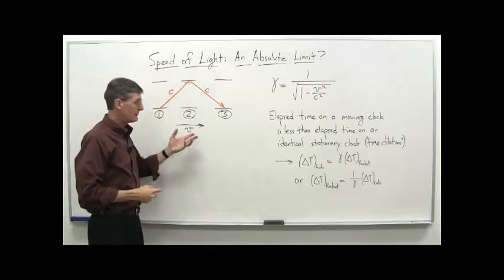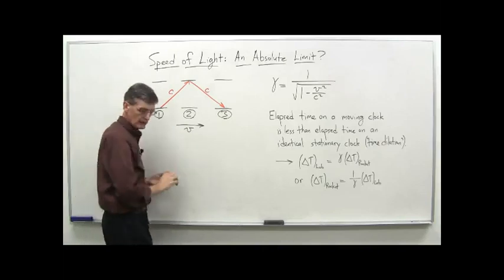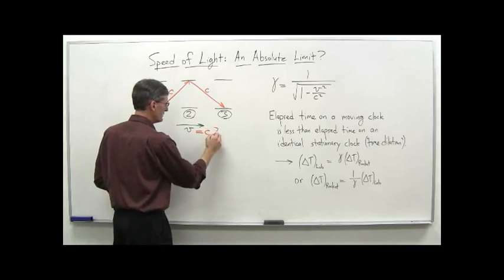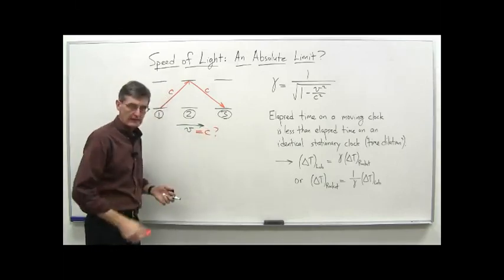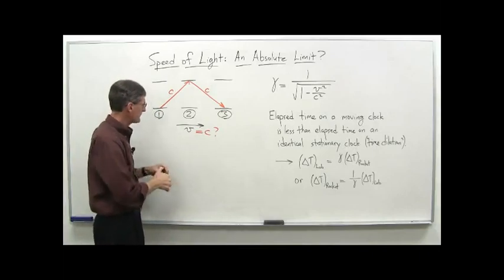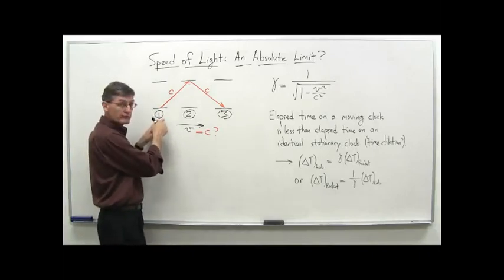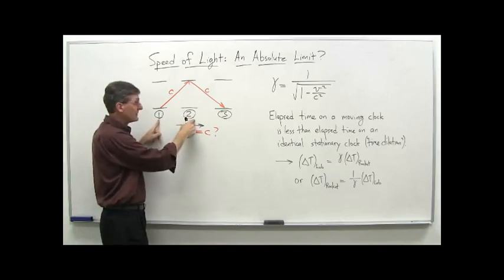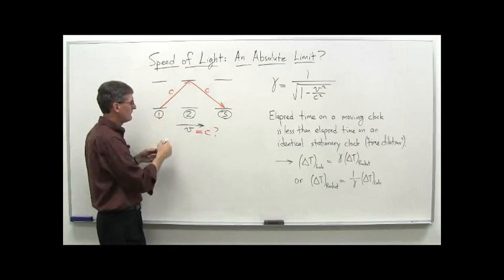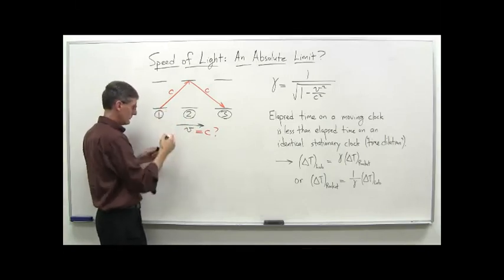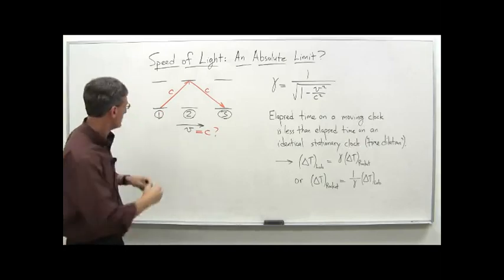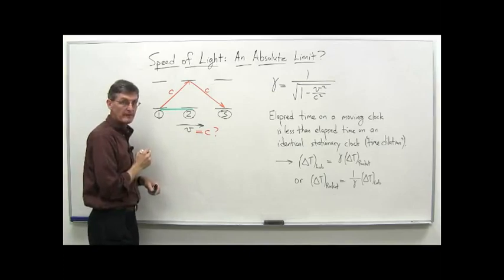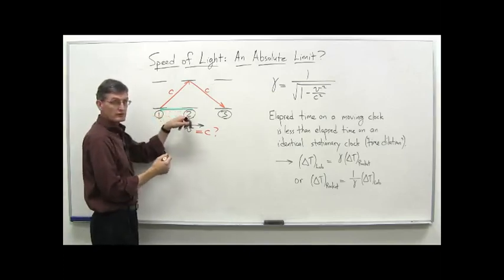Well, think about what happens if v equals c. So we'll say v equals c. What happens in that case, geometrically here? Well, that means from 1 to 2 here, his light clock is moving with velocity c. In that amount of time, it's moved that distance there, so to get to this position 2.